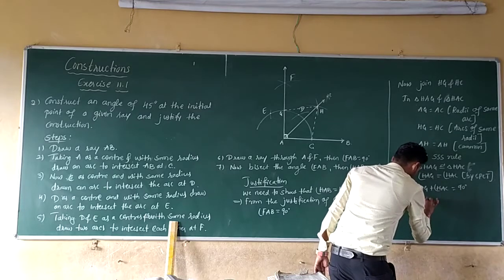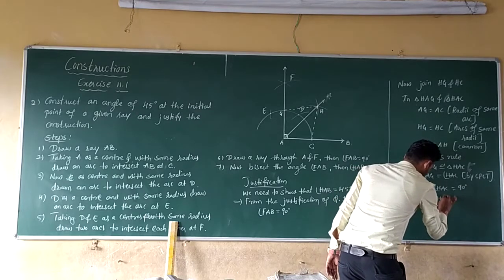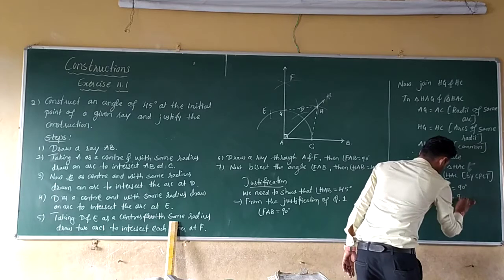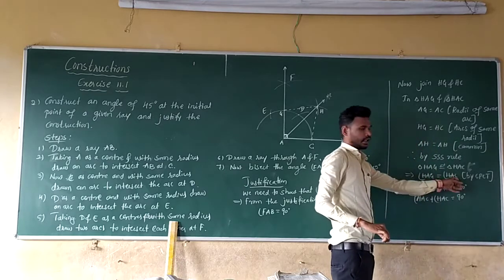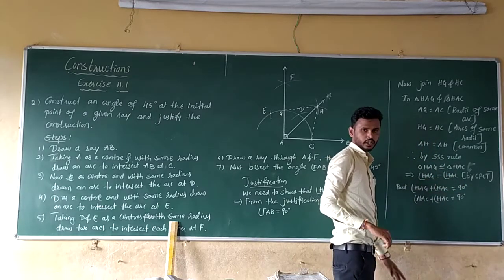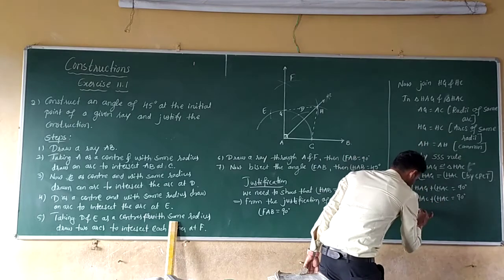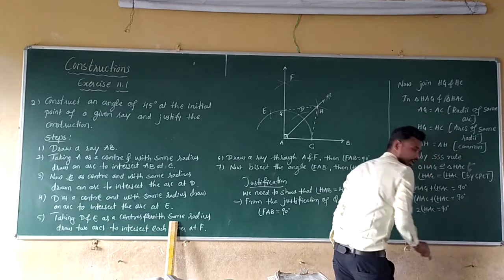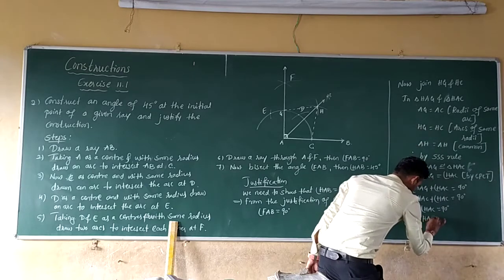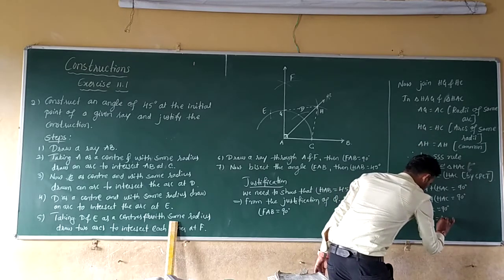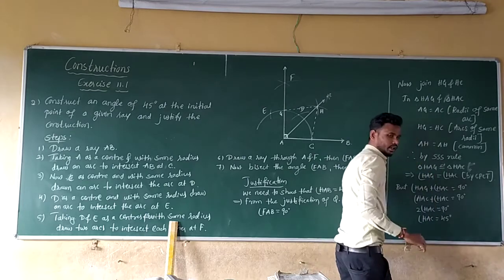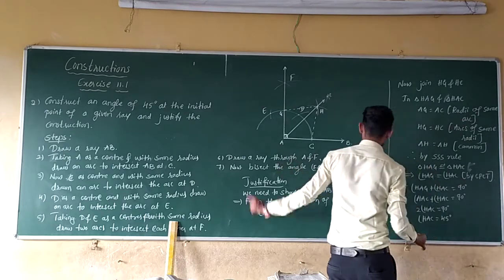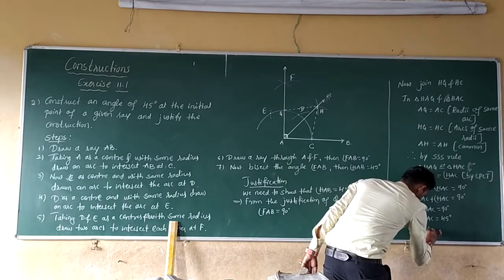So angle HAC plus angle HAC is equal to 90 degrees, because HAC is the same as HAG, both are equal. Now HAC plus HAC, 2 HAC is equal to 90 degrees. Therefore, HAC is equal to 90 by 2, 45 degrees. HAC is the same as HAB,